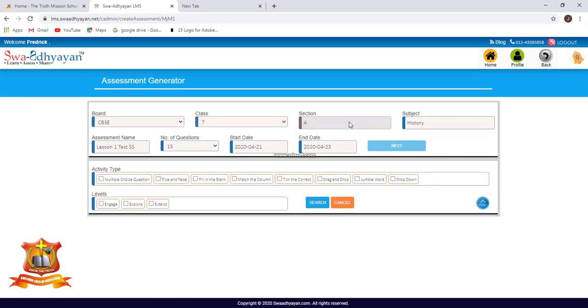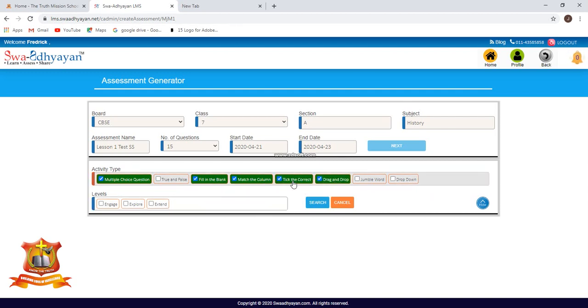Once you click on next, you cannot change these items, so you need to be sure. I'm going to give multiple choice questions, fill in the blanks, and matching, drag and drop. You can select whichever you want. From the drop down, these are the question types I am selecting.